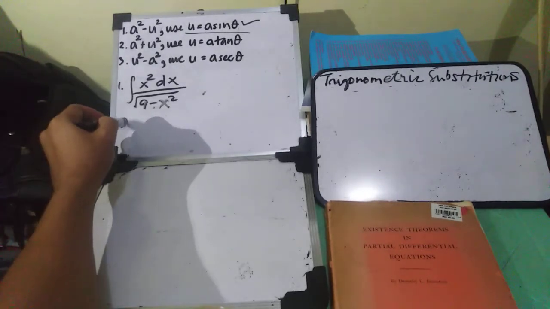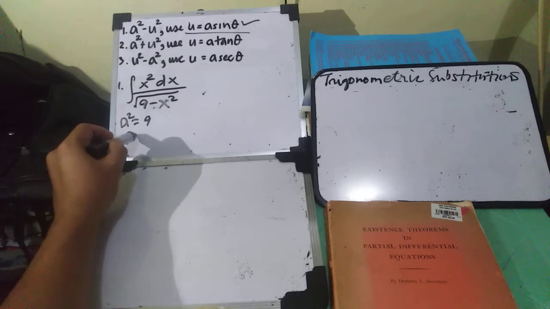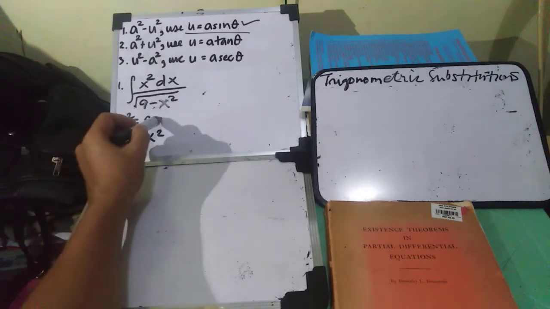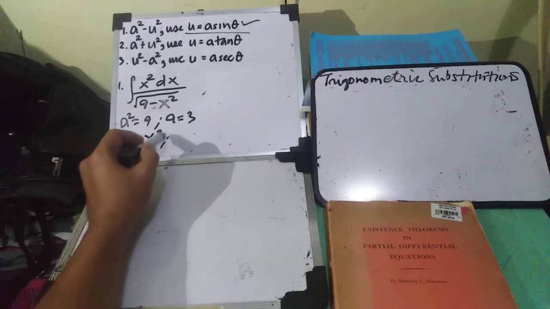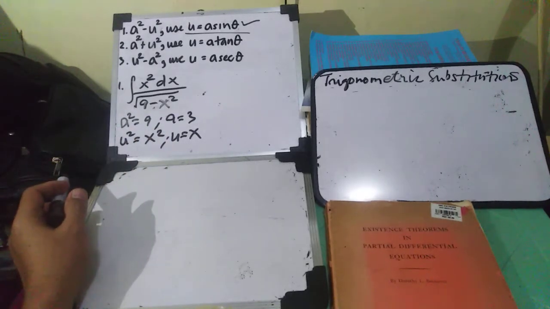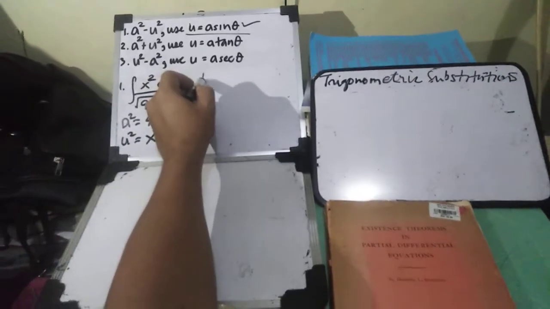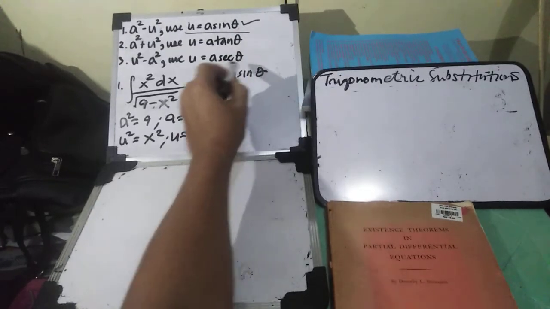Meaning, a squared is equal to 9, u squared is equal to x squared. Therefore, a is 3, u is x. Now, since it is under condition 1, we will use the equation u equals a sine theta,